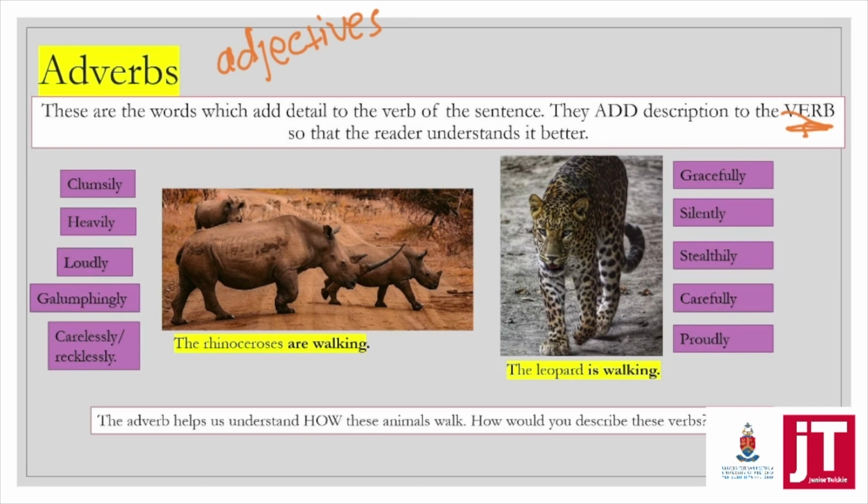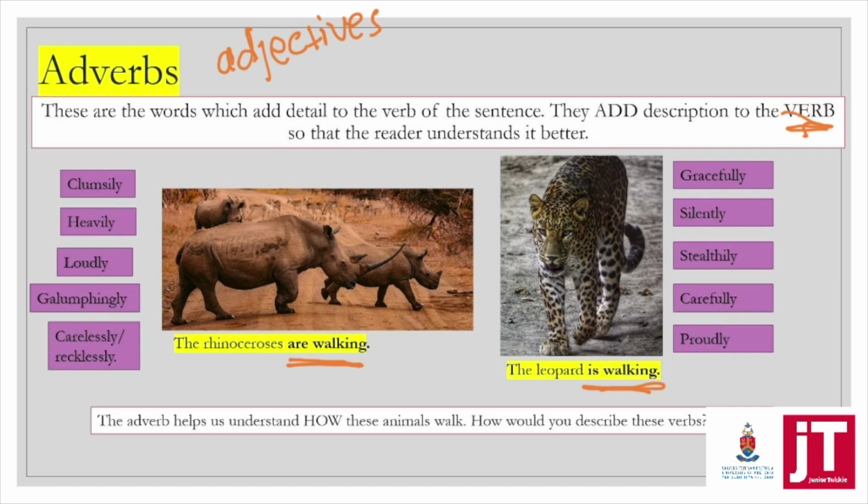And they are actually very, very important parts of speech indeed, because let's look at the pictures here. Here we have very general verbs. We have the rhinoceroses are walking and the leopard is walking. Now, walking is something that most of us do quite often, or animals do it. So if you say the boy is walking, it doesn't really tell me anything specific about the way they're walking,